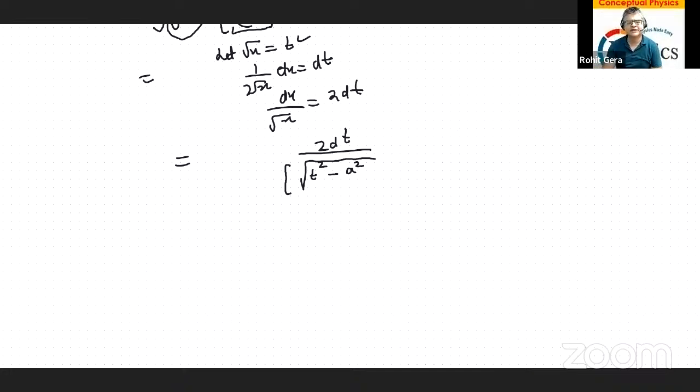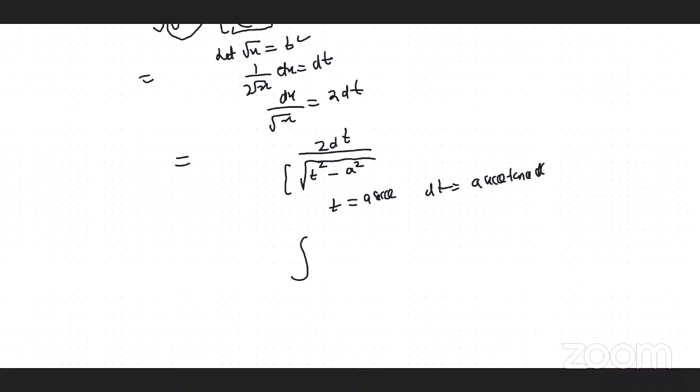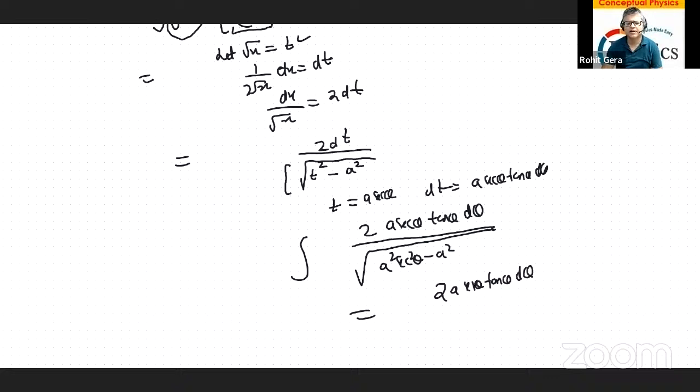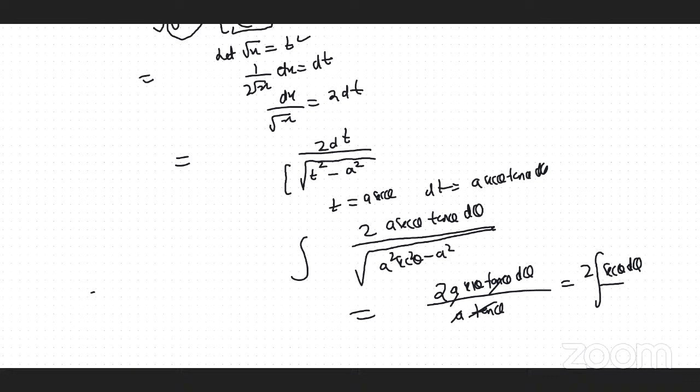So now what will we do, let t be equal to a secant theta. So dt is equal to a secant theta tan theta d theta. So 2a secant theta tan theta d theta, divided by under root of a square secant square theta minus a square. So this is 2a secant theta tan theta d theta over a tan theta. So this is 2 secant theta d theta, which is log of secant theta plus tan theta. So this is 2 log of